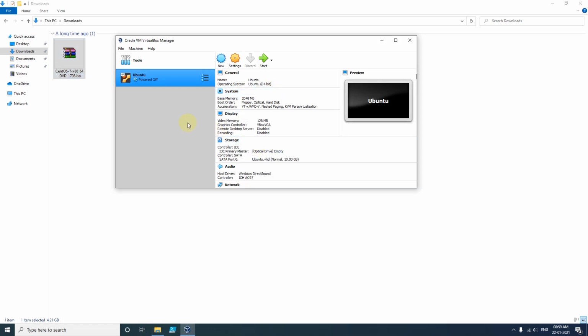So if you want to install CentOS on VirtualBox, first you need to install VirtualBox on your Windows device, and after that you should have the CentOS ISO file. I have already installed VirtualBox on my system, and I have also downloaded the ISO file of CentOS. Now we will go further and install CentOS on